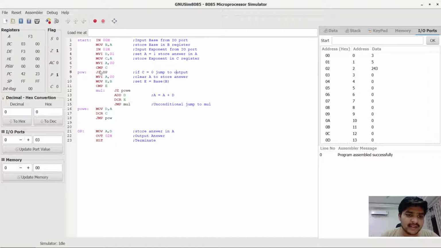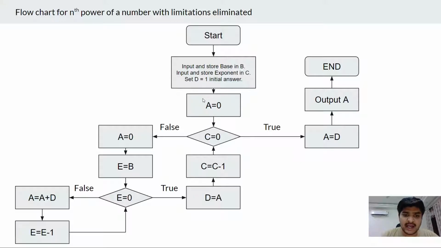This CMP function compares the given register with the accumulator. That's why we have to assign A is equal to 0 before the loop starts. So now I think you know the importance of A is equal to 0 that I was talking about.